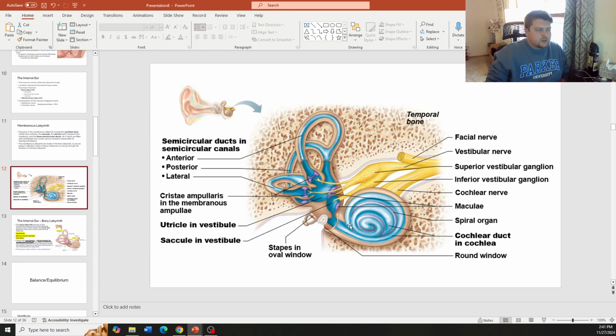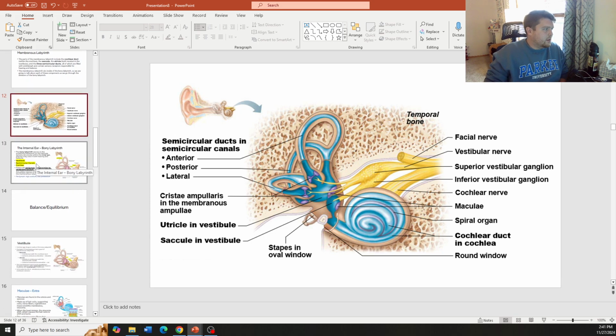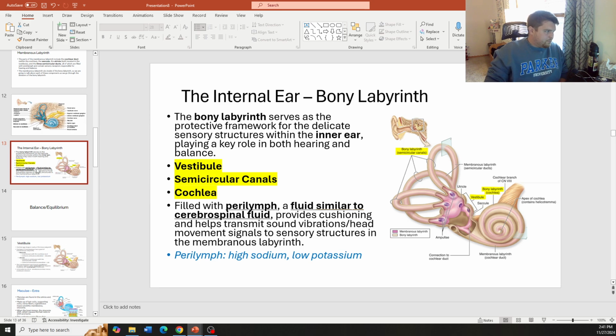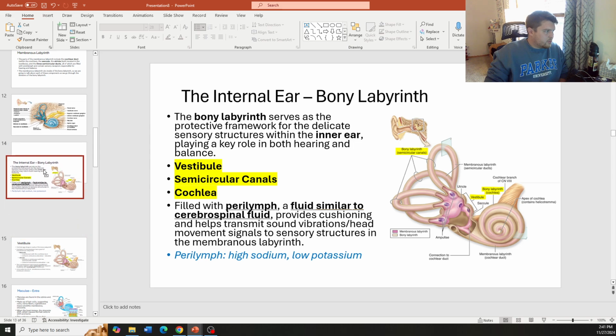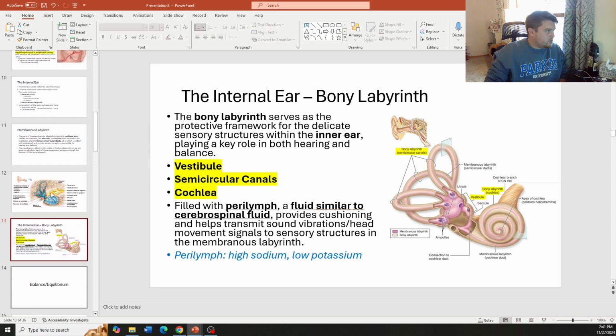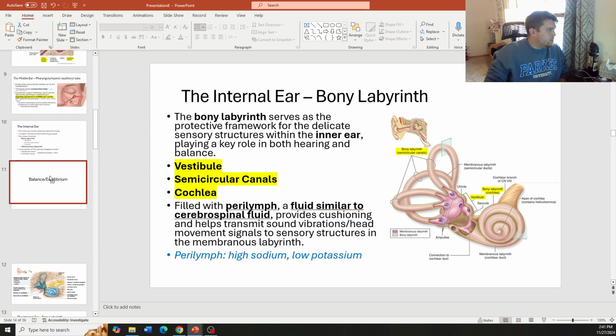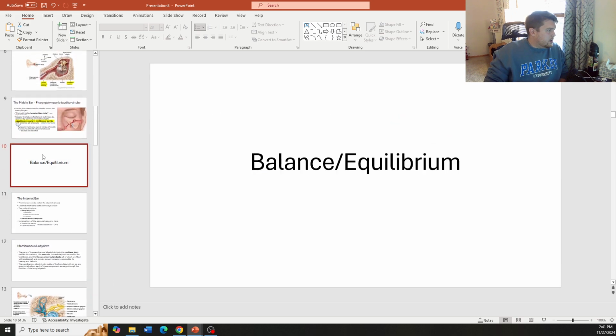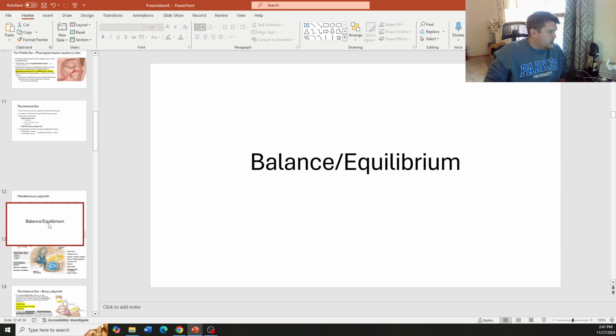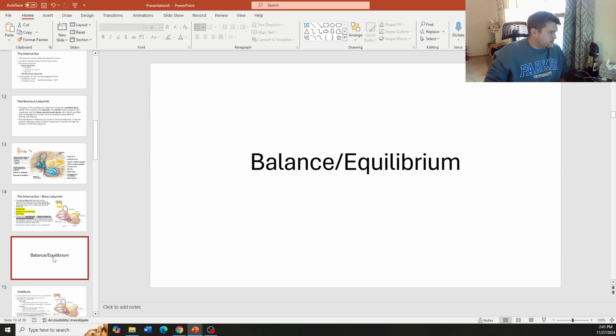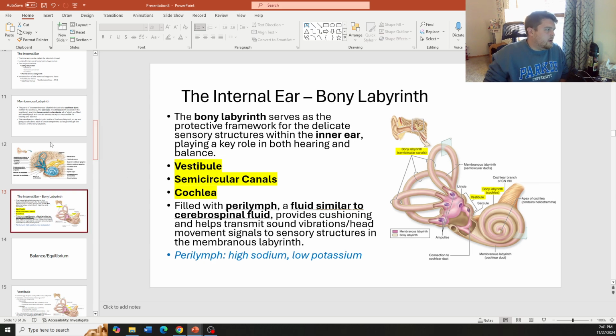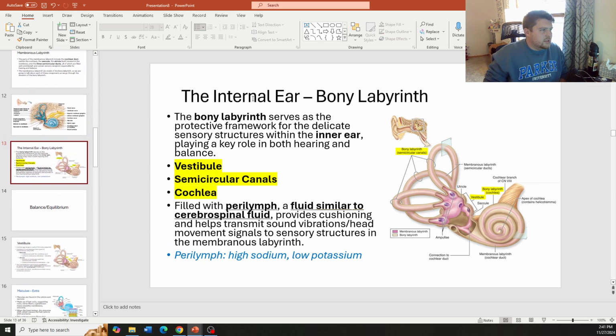This is what the membranous labyrinth looks like. These ducts and all this good stuff. And really, this should be more up here. Actually, no. This is correct. Bony labyrinth, a little bit more detail. This serves as the